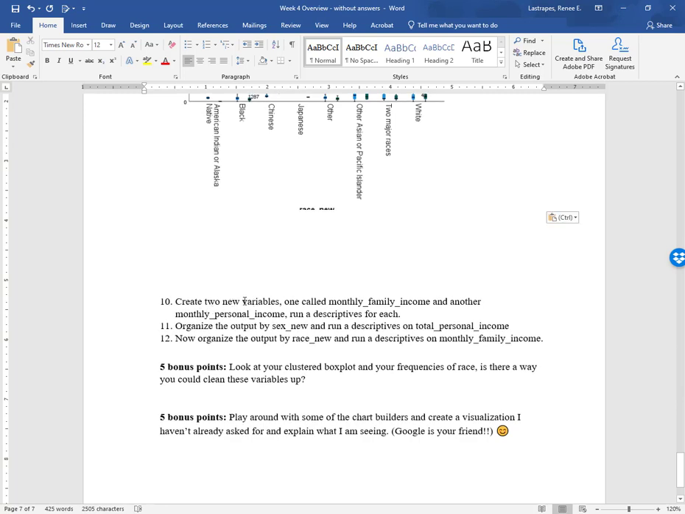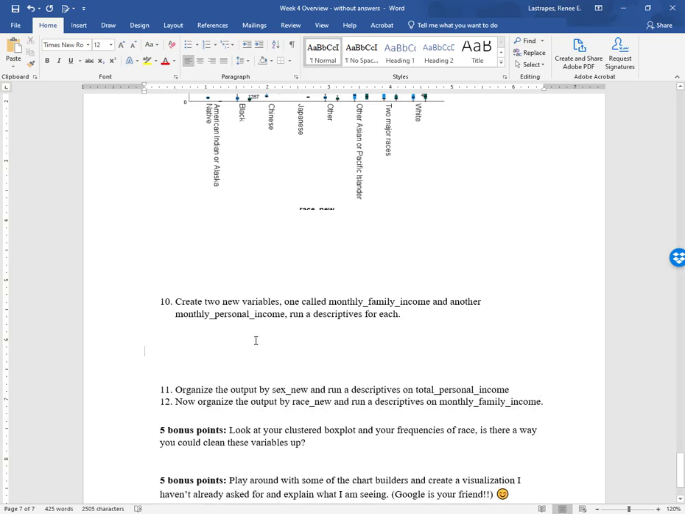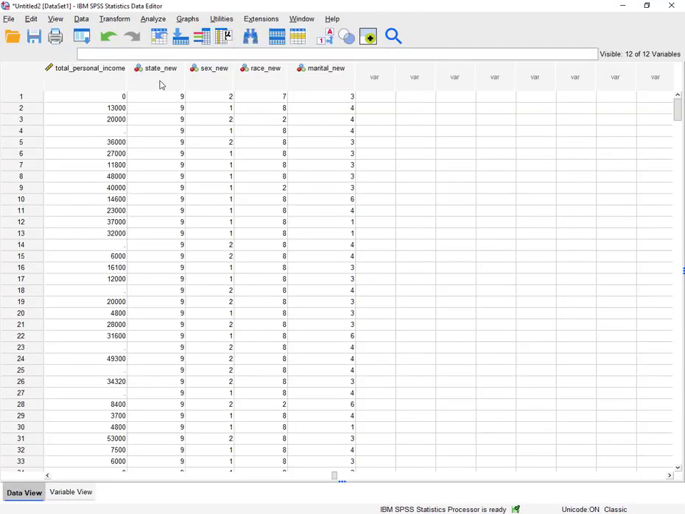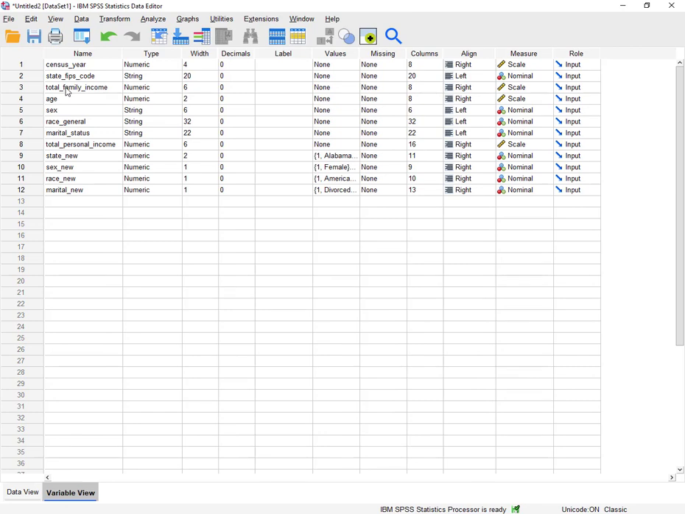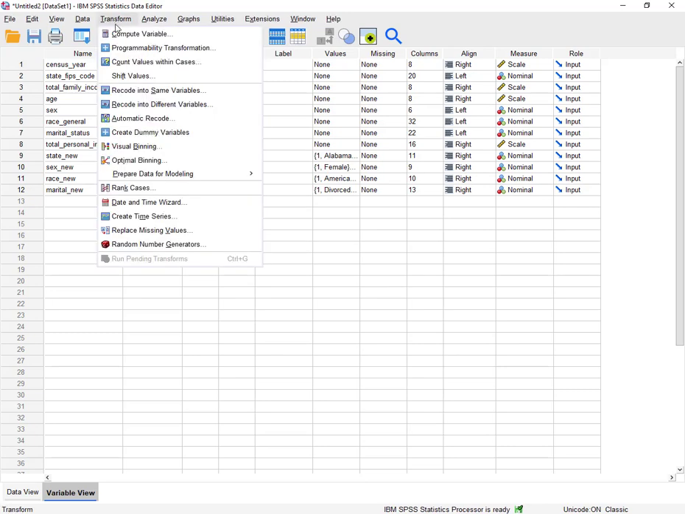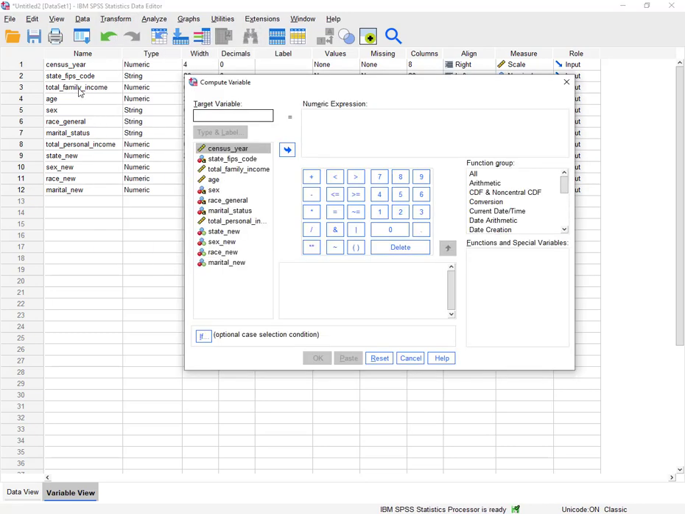All right, now it says create 2 new variables, one called monthly family income and another called monthly personal income, and run a descriptives for each. Okay, so how do I do that? Monthly family income. Let's go over here. Let's go to the data. Let's go to our variables. We have total family and we have total personal. If I go to Transform, Compute Variable, I can take their total income and divide it by 12 to give us the monthly. So our target variable is, we're giving it a new name here,